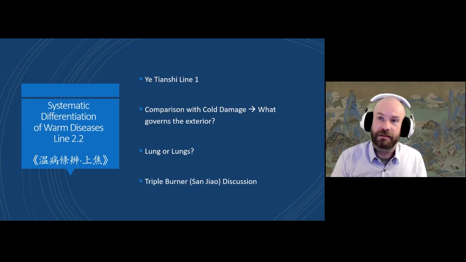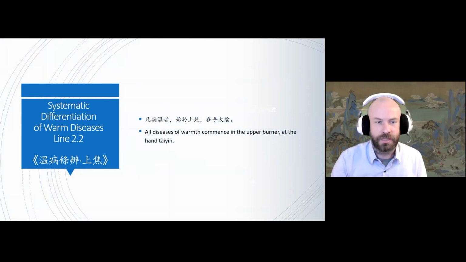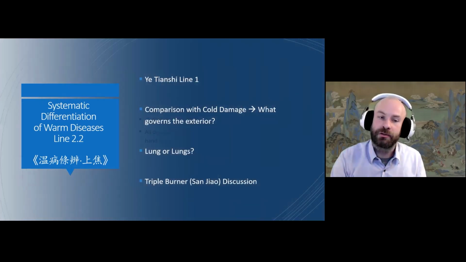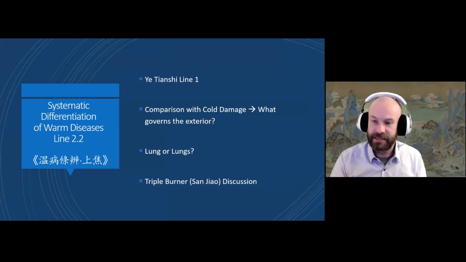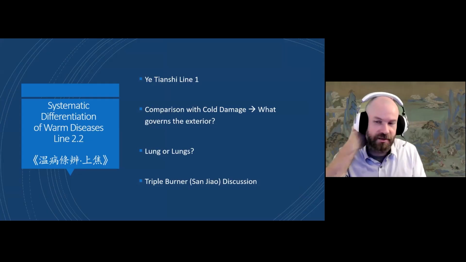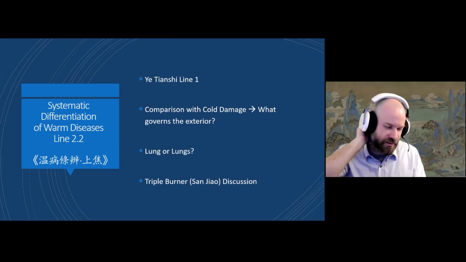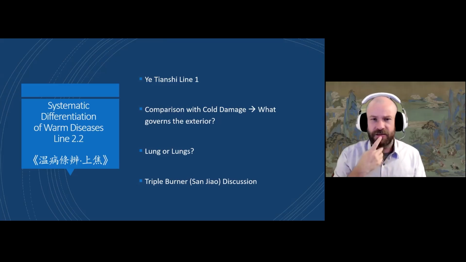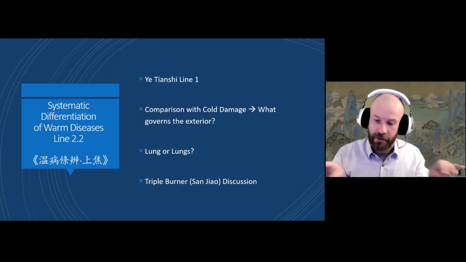And then another thing to think about is what happens in cold damage compared to warm disease. Here, it's saying at the hand Tai Yin, which is obviously the lung. But in cold damage, where's the initial strike? Tai Yang. It usually strikes, they say, the back of the neck, Tai Yang. And that's why I think they treat it with Feng Chi and Feng Fu, the acupuncture points that they use for it. I might have those wrong. Sorry. But that's kind of comparing it as well.